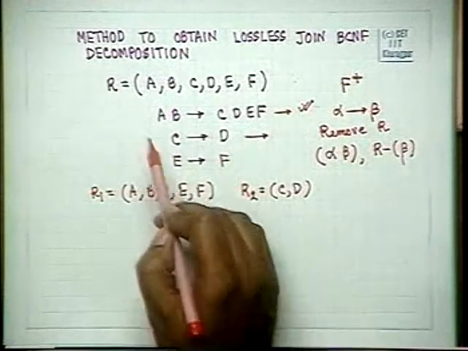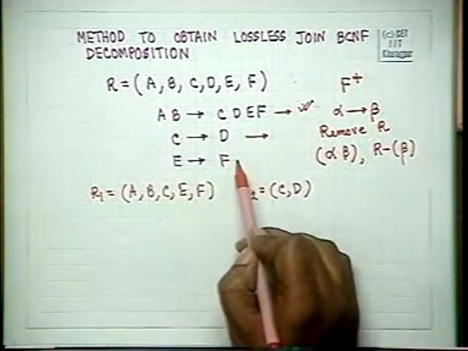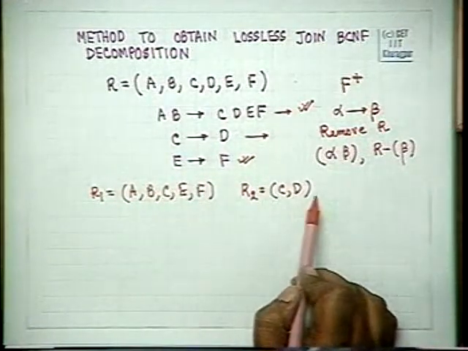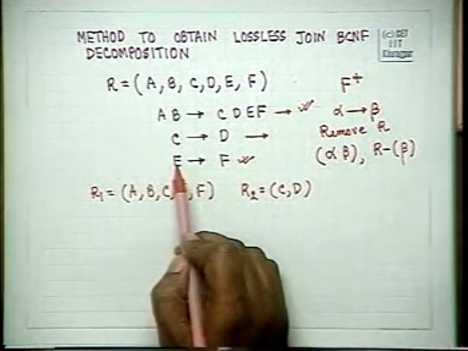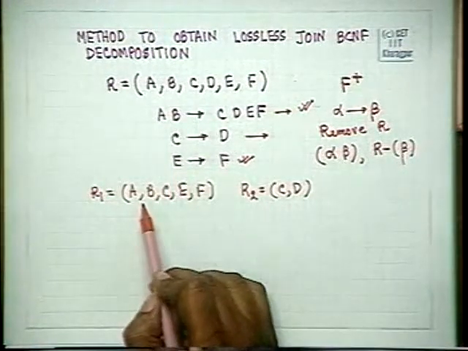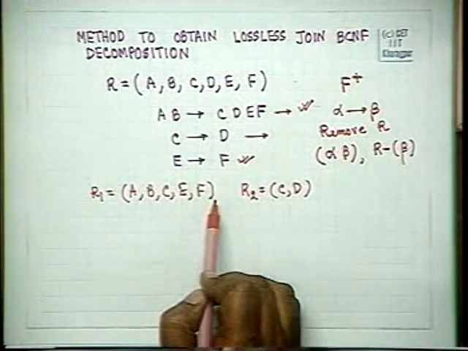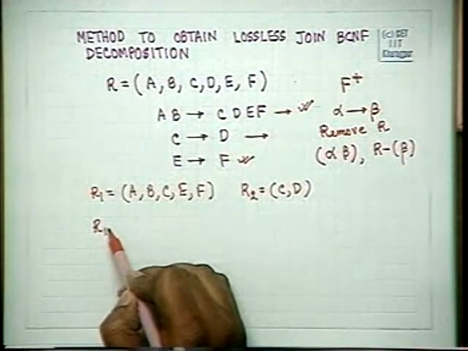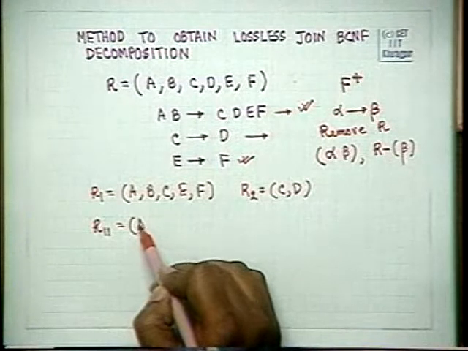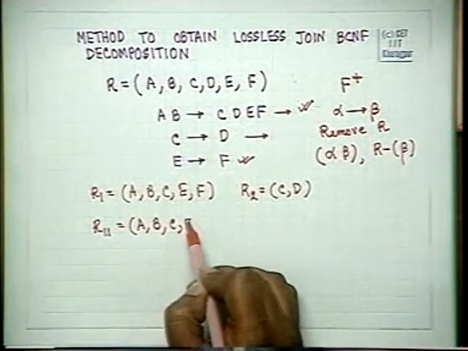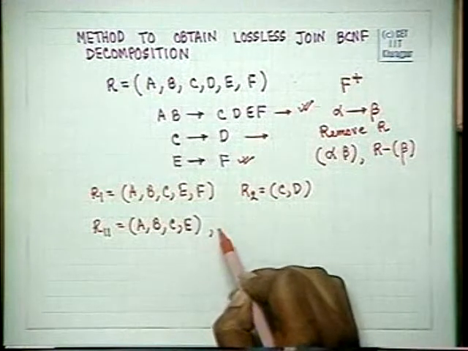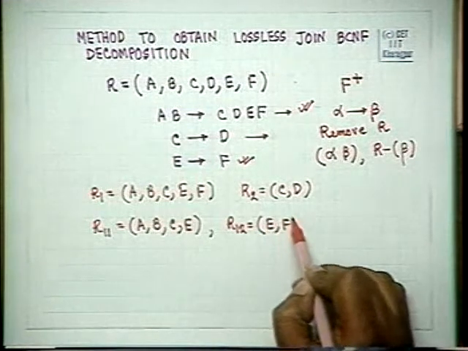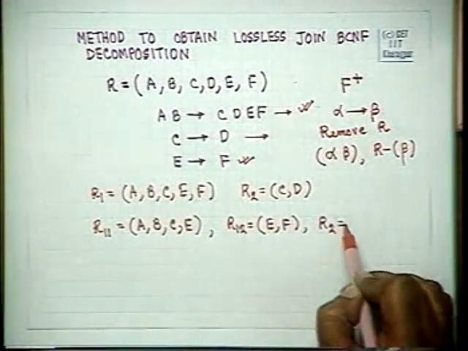So, suppose I continue, I pick up any relation scheme. Now, see this one. This one holds on R1, but this does not hold on R2. So, I am not bothered about R2. I am bothered about R1, and this does not satisfy BCNF in R1. Therefore, I will break up R1 in the same manner. I will break up R1 into R1 1, which is A, B, C, E, and R1 2, which will be EF, and I will still have R2, which is CD.